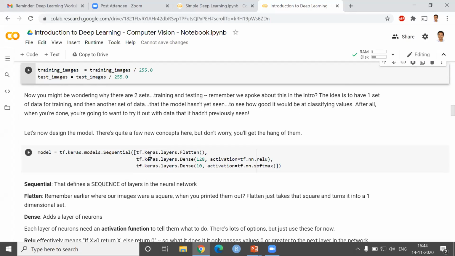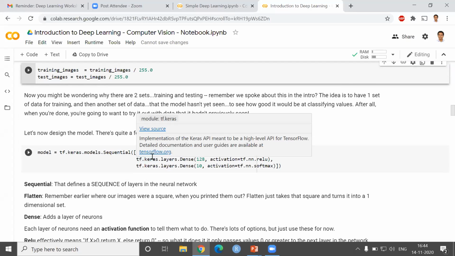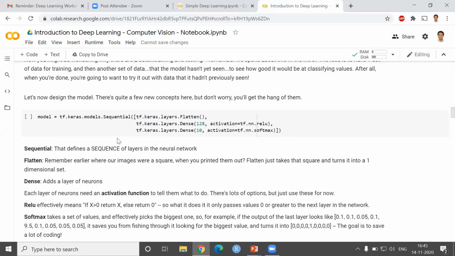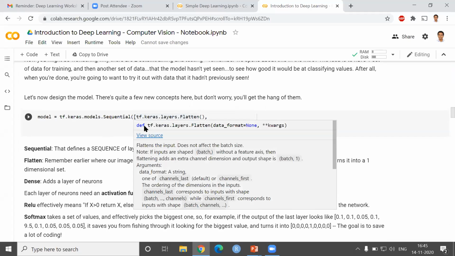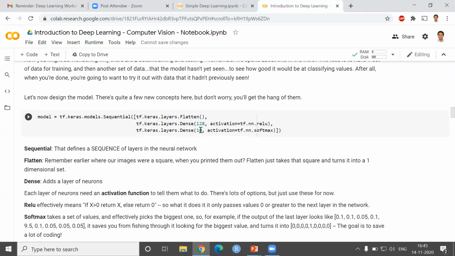And after normalizing, as we discussed earlier, we have to define the model. So we have to define the sequential layers. First, we'll be flattening the input. The 28 by 28, we are going to transform to 784 by 1 using this flatten function. After flattening it, you have a dense layer of 128 neurons.